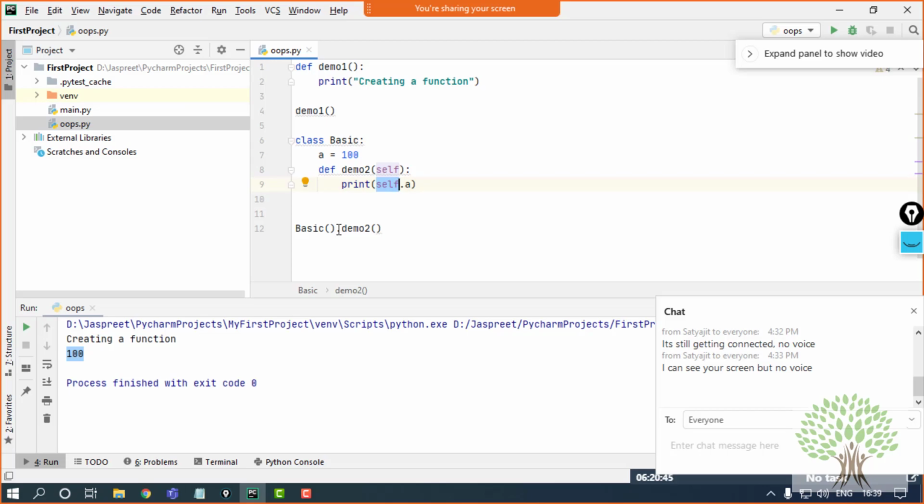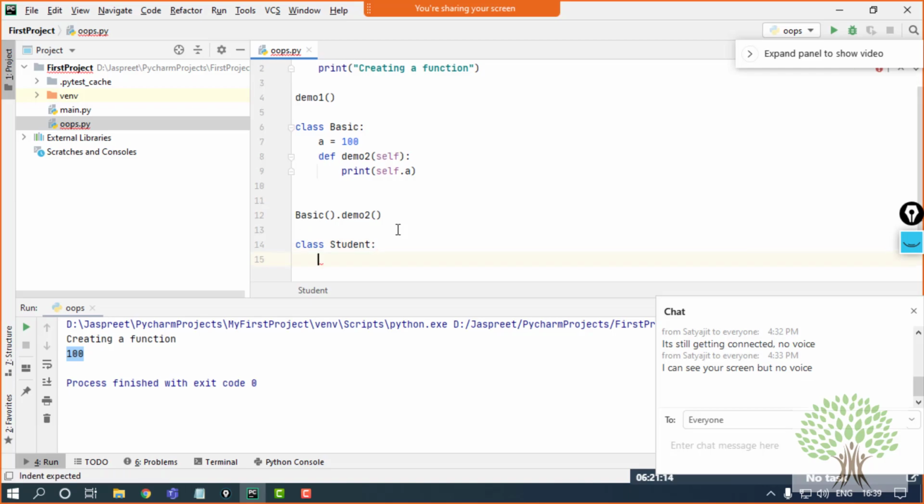Fine. Now comes the difference between object and object referencing. To show that, I'm just going to create one more class and I'm going to name it students. Now for the students, for a general student, what are the characteristics that it has? A name it has, roll number it has, subjects it has, then it has subject in-charges, and likewise there are a number of characteristics that it holds. So over here what I'll be doing is I'll make two functions. One will be student name,